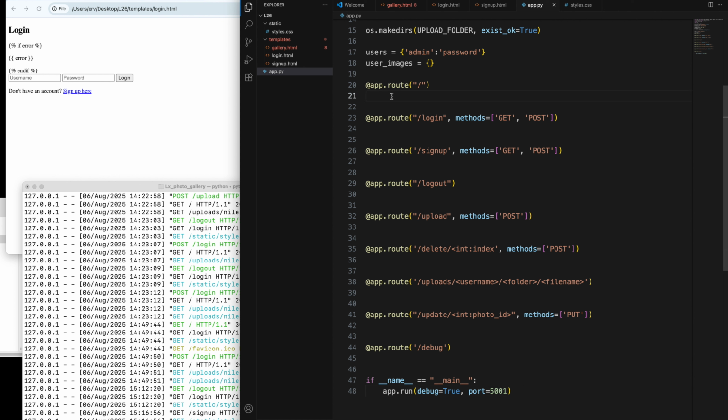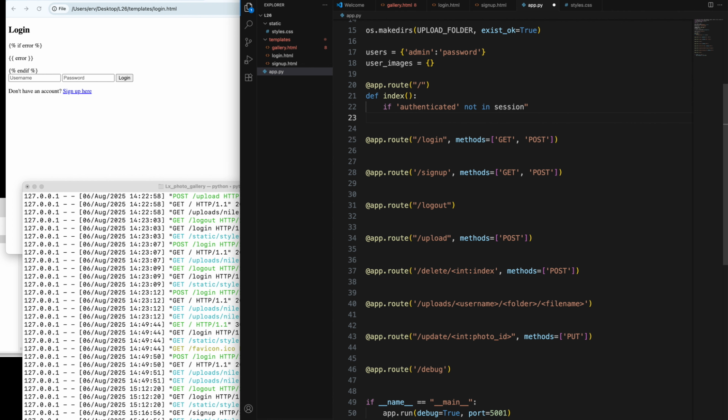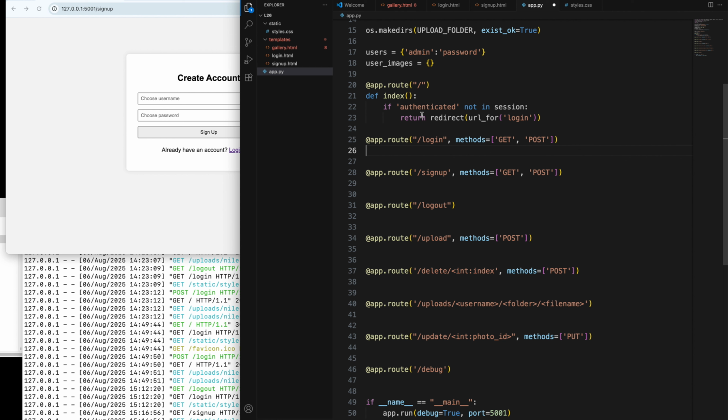So for index, which is the root, we are going to create a function def index, and here say if 'authenticated' not in session, then return redirect(url_for('login')). So if we are here and if there is no active session for that user, it's going to redirect to the login page. And